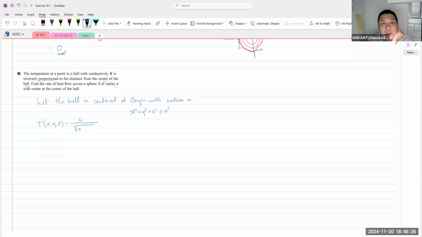So this is the distance from the center of the ball. Okay, that's the temperature. We want to see the heat flow, so the gradient then,